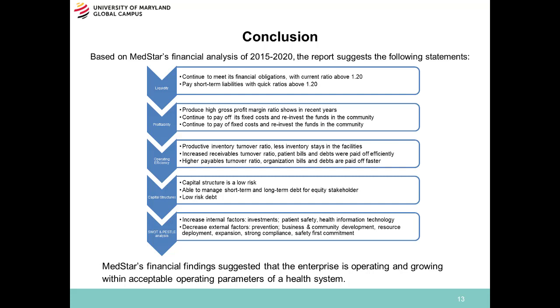MedStar has been able and is projected to continue to meet its financial obligations with current ratio above 1.2, pay short-term liabilities with quick ratio above 1.2, produce the highest gross profit margin ratio currently shown in recent years, pay off fixed cost and reinvest the funds in the community, have good standing of productive inventory turnover ratio with less inventory staying in the facilities, increase receivables turnover ratio leading to patient bills and debts to be paid off efficiently,